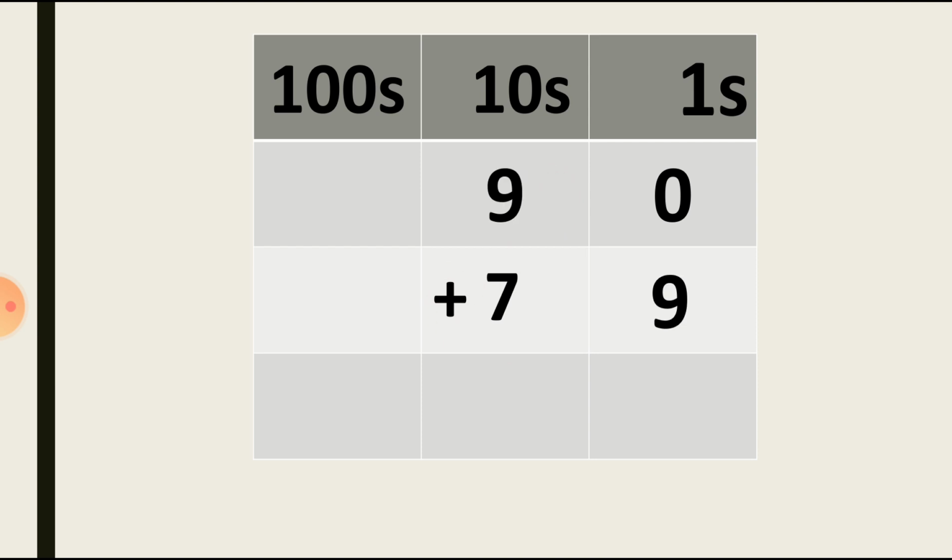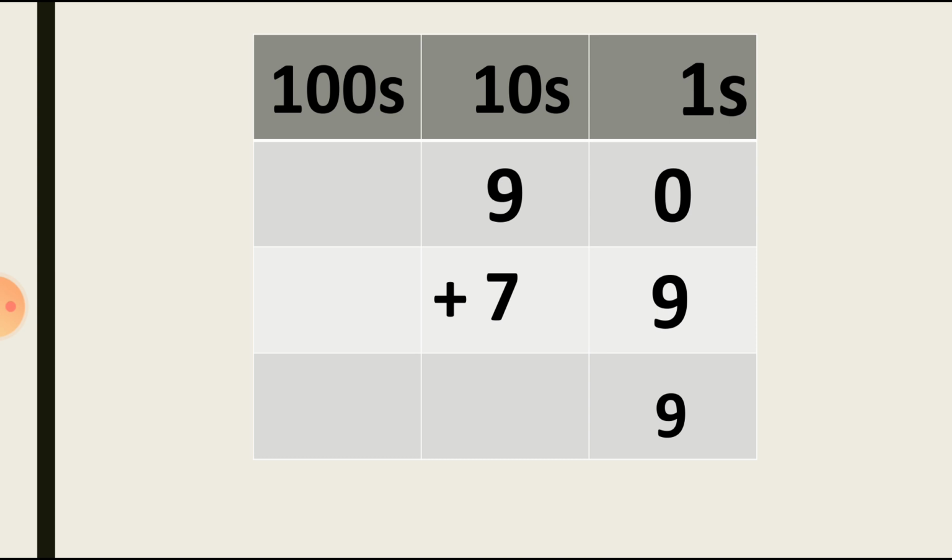Hope you understood how we can write down the answer. Next sum, let's see the ones column here, 0 plus 9. So 0 plus 9 is equal to 9. So we can write number 9 as it is. Let's move to the tens column. Here is 9 plus 7. After 9, just count the 7 numbers. How many is it? Let's start with the 10 number. 10, 11, 12, 13, 14, 15, 16.